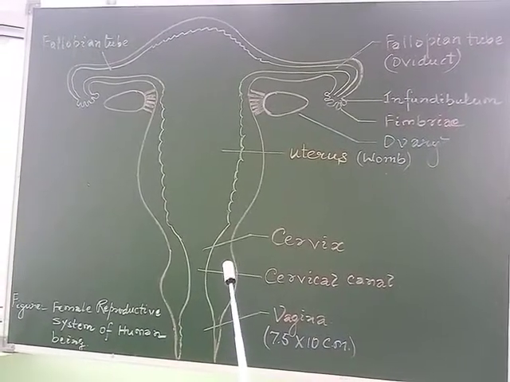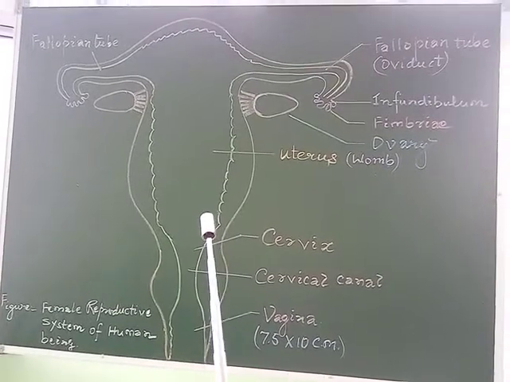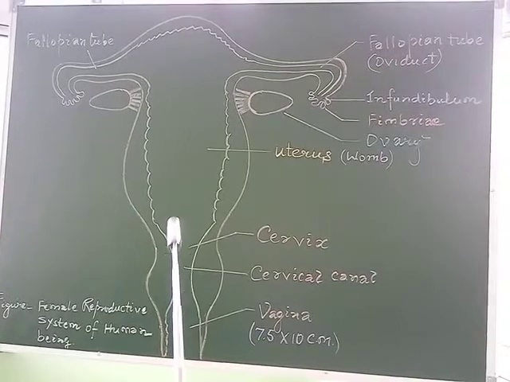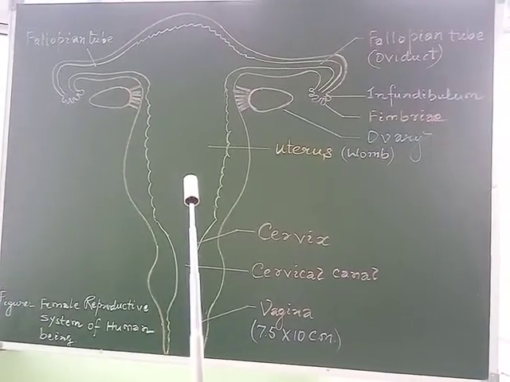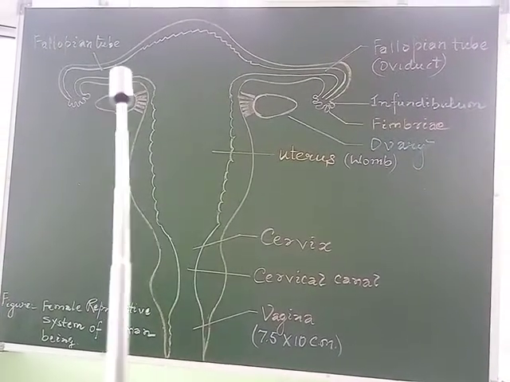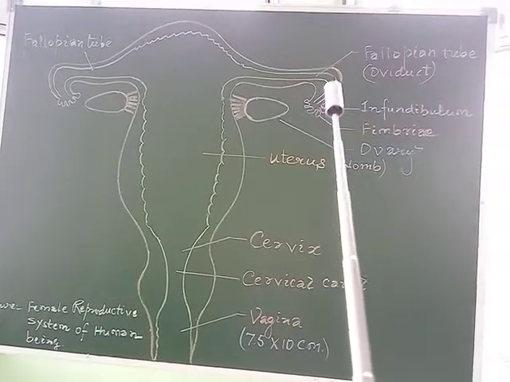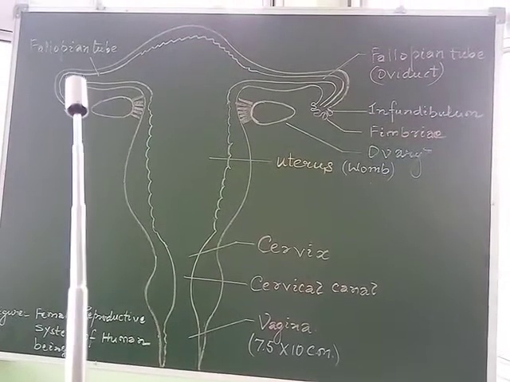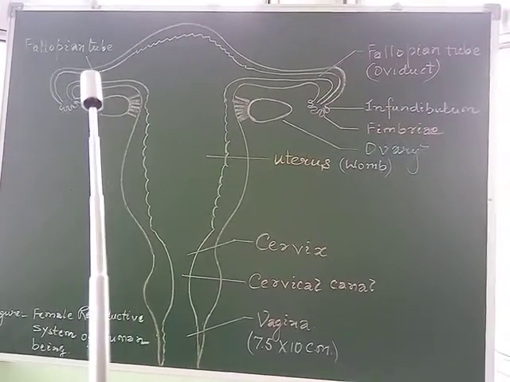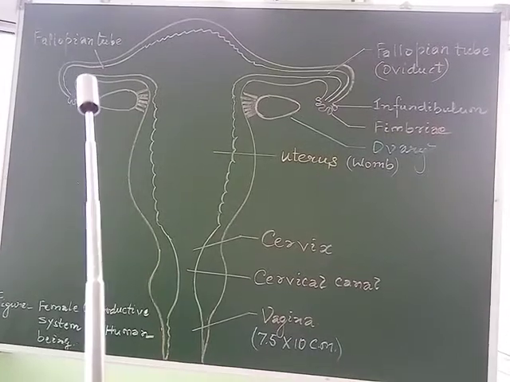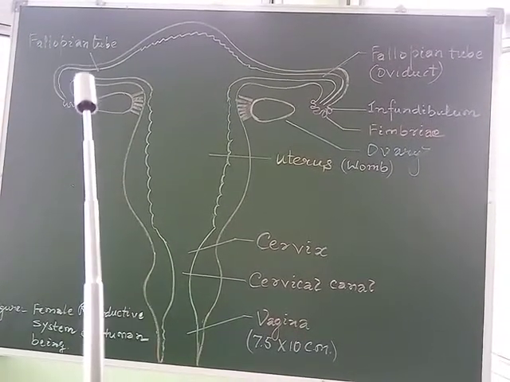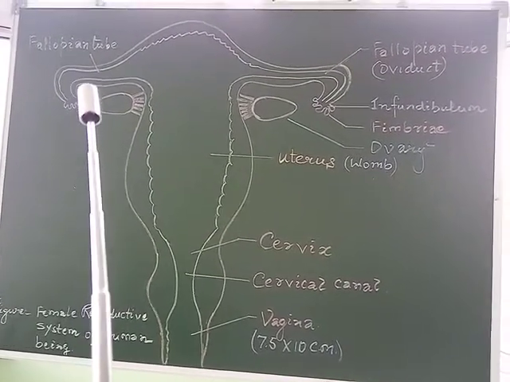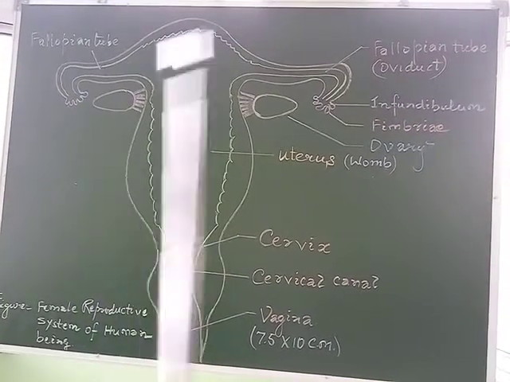Now, during sexual intercourse, the sperms enter through the vaginal passage and reach the fallopian tube. If a mature ovum is present at that site, then the process of fertilization may take place, and as the process of fertilization takes place, the mature ovum transforms into an embryo.